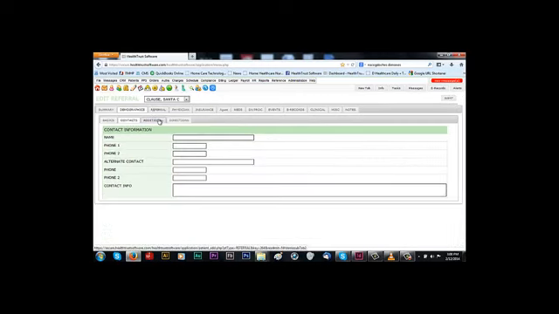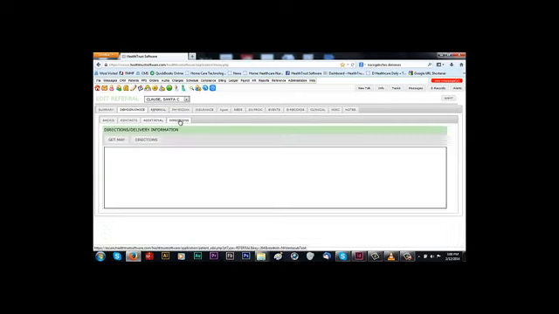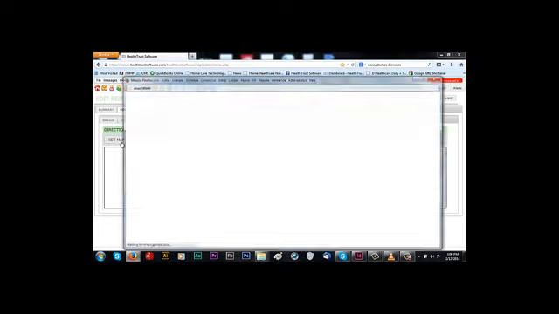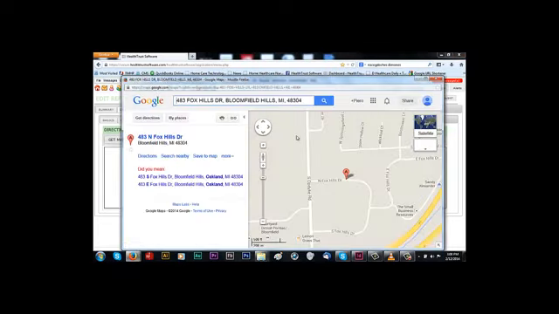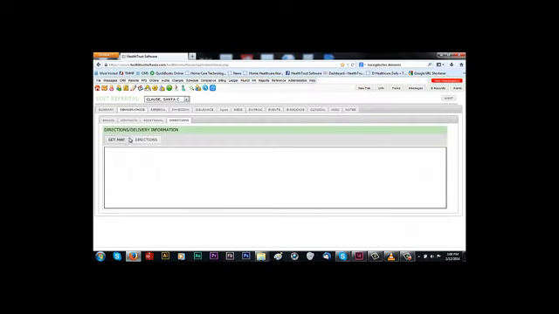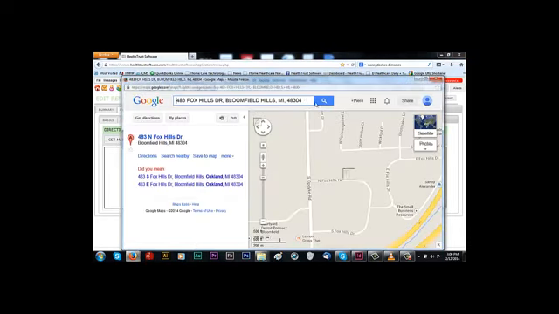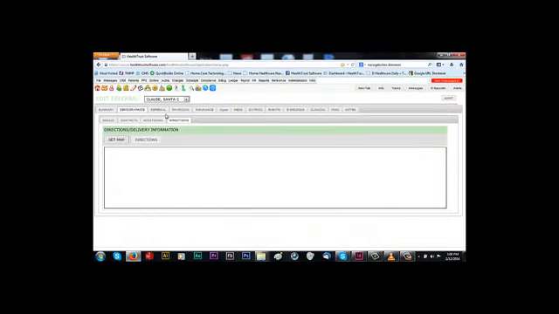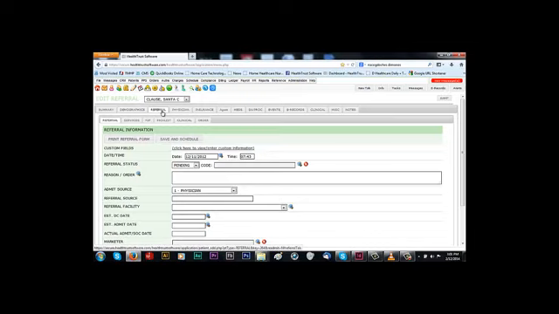Any contacts related to that patient, additional contacts. On this tab, you also will make use of our integration with Google Maps. Type in directions, but all you have to do is really type in an address and get that Google Maps directions for any of your therapists that are visiting patients on site. Move right along to